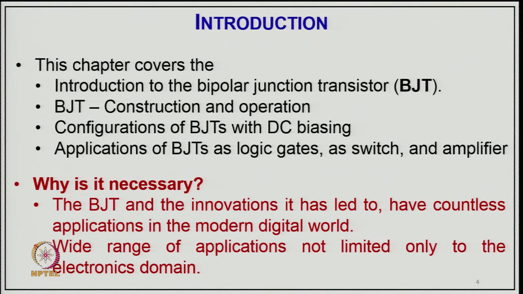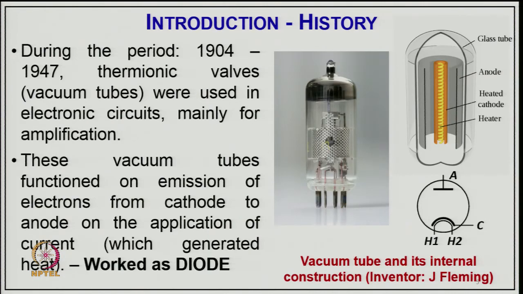The BJT and the innovation it led to have countless applications in the modern digital world, a wide range of applications not limited only to the electronics domain. Now about the history: what it has been in the past and what this transistor has replaced. Initially, during the period of 1904 to 1947, thermionic valves, known at that time as vacuum tubes, were used